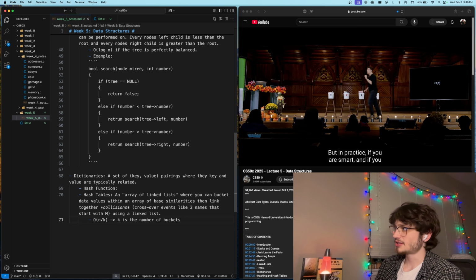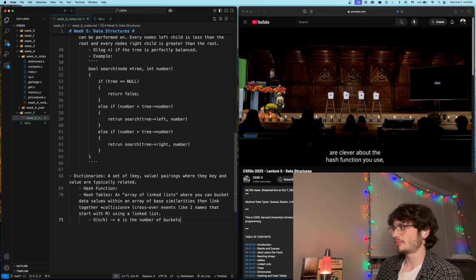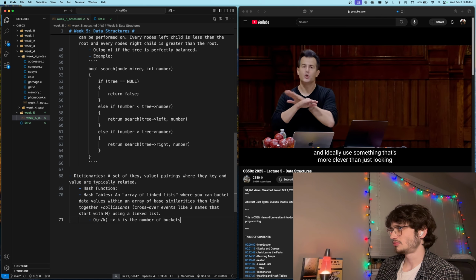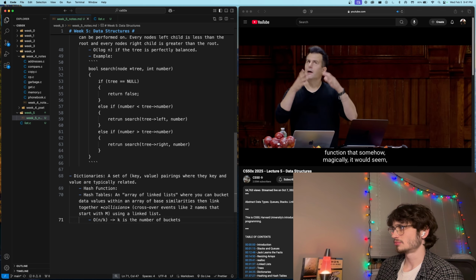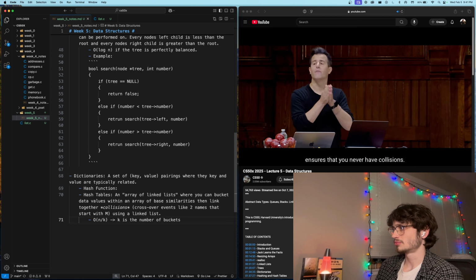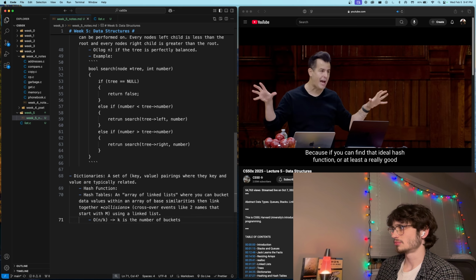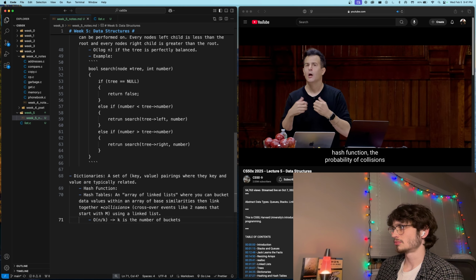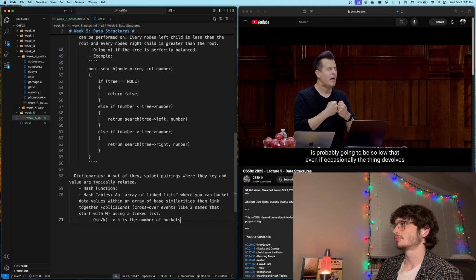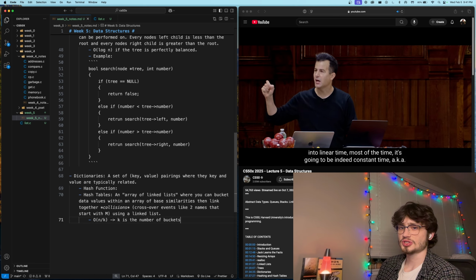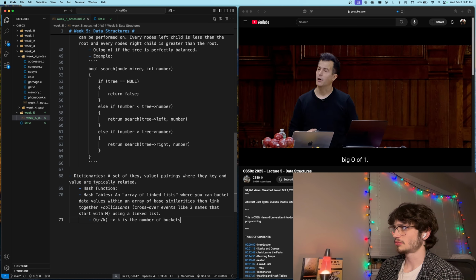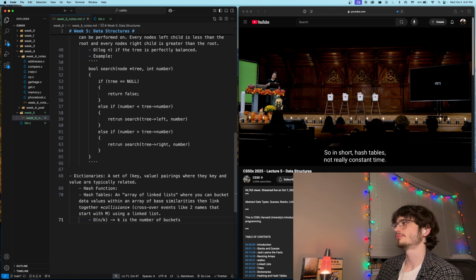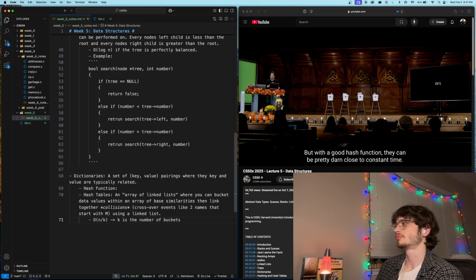Doesn't matter, in practice, if you are smart and if you are clever about the hash function you use, and ideally use something that's more clever than just looking at the first letter, you can probably create, in the best case, an ideal hash function that somehow, magically, it would seem, ensures that you never have collisions. Because if you can find that ideal hash function, or at least a really good hash function, the probability of collisions is probably going to be so low that even if occasionally the thing devolves into linear time, most of the time it's going to be indeed constant time, aka big O of 1. So in short, hash tables, not really constant time, but with a good hash function, they can be pretty darn